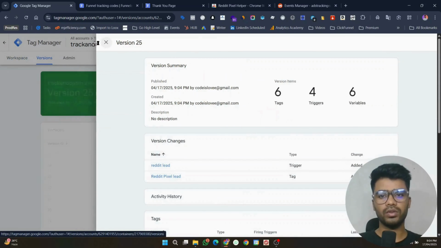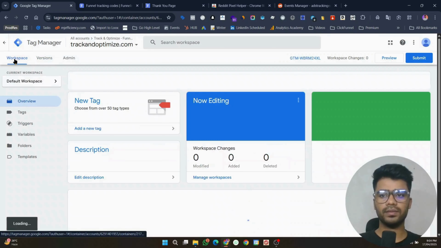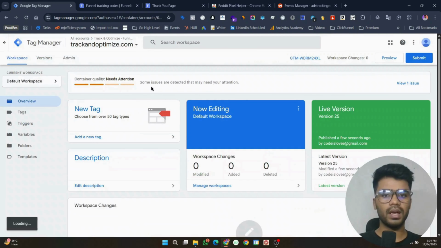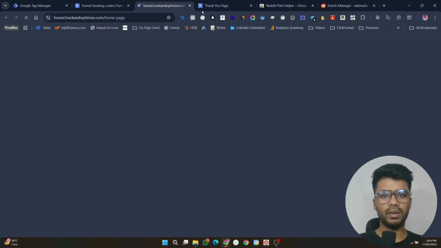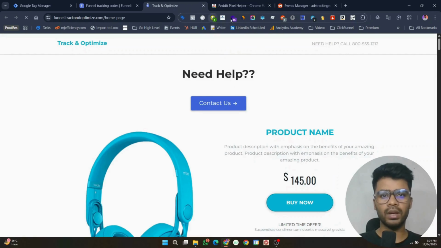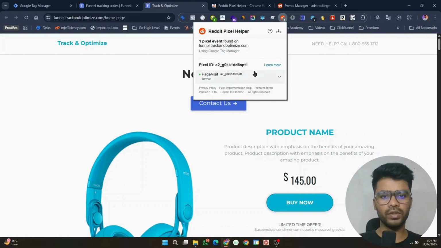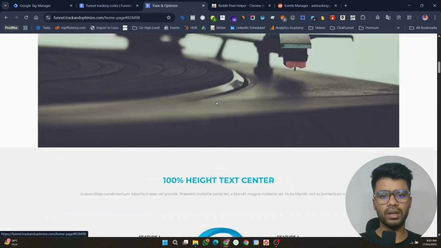Okay, so go to workspace, and what to do now, you just go to the funnel page of your landing page. You see our Reddit pixel picked up our page view event. Now it's time for testing our